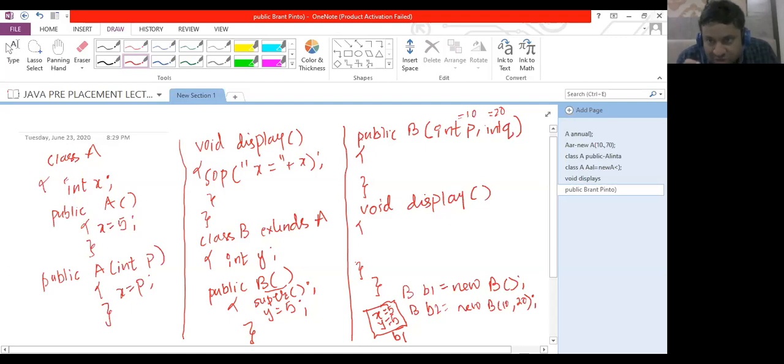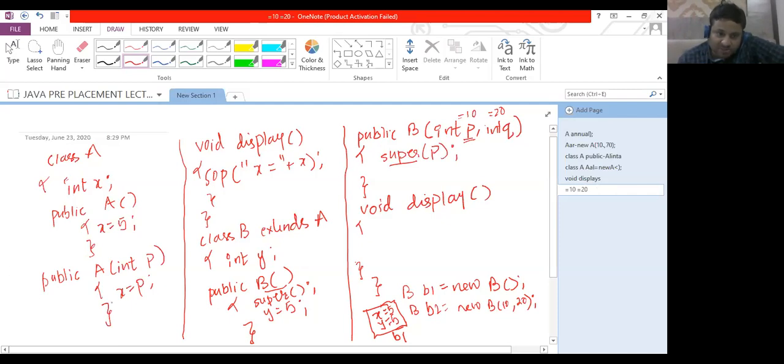See, the parameters in constructors are always ordered from super to derived. So here, if I'm having two parameters P and Q, the P refers to the inherited parameter. So basically P is referring to X, so I'm writing super(P). So this super(P), where P is 10, will call the parameterized constructor of the superclass.